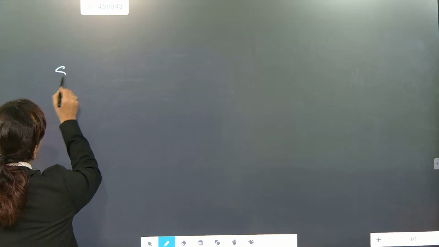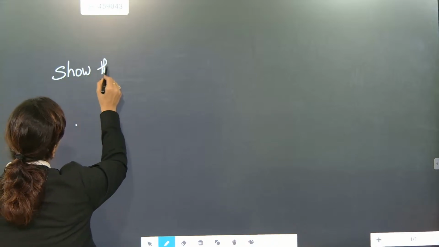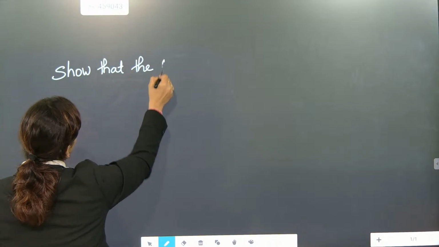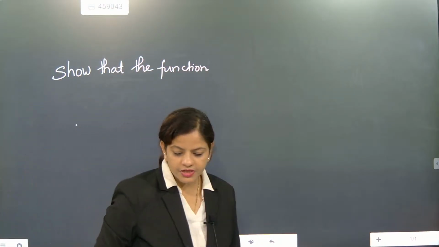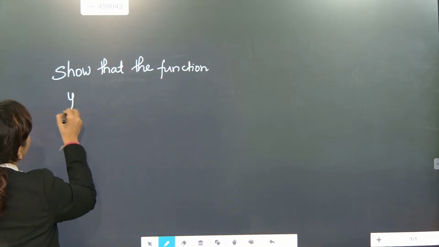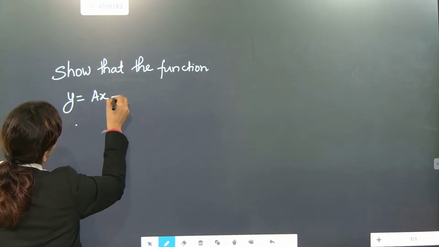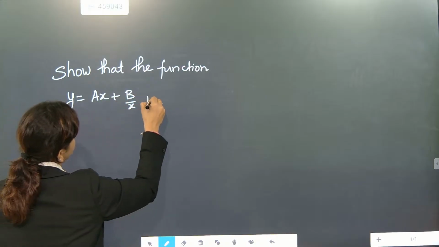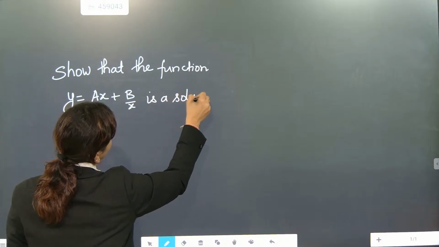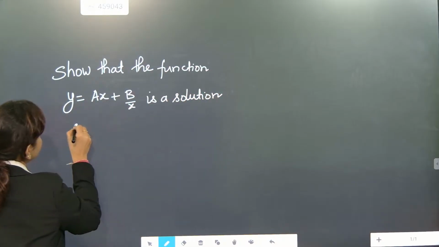Now the first part, a 5 mark question, we are going to directly start solving. Get ready for it. If somebody writes the question, they will tell you: show that the function y equals ax plus b by x is a solution of the differential equation